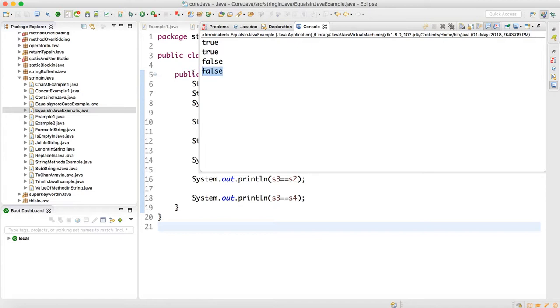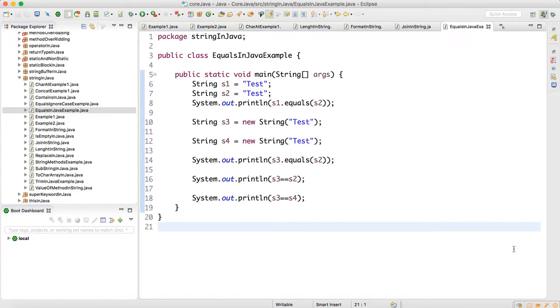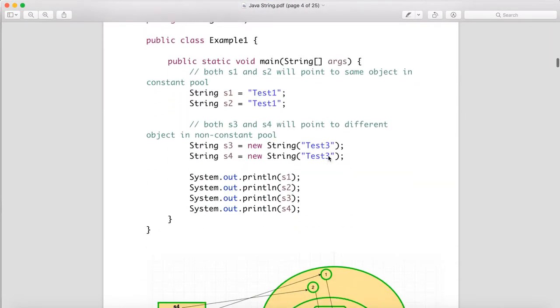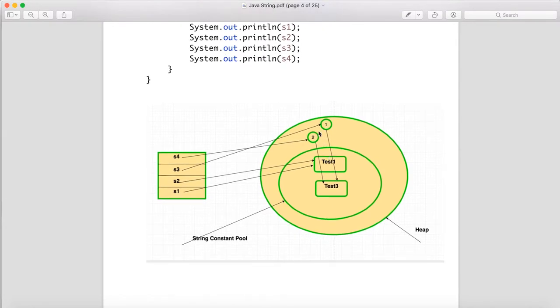Okay, again you'll get a false. Why? Because if we go with our diagram, the object is getting created in different locations, so it is checking for the object, it is not checking for the data. The equals equals operator checks the object, which is getting created in different locations. But